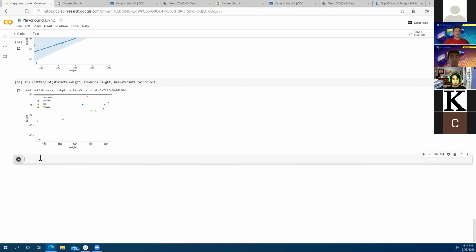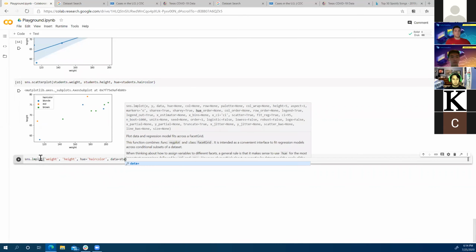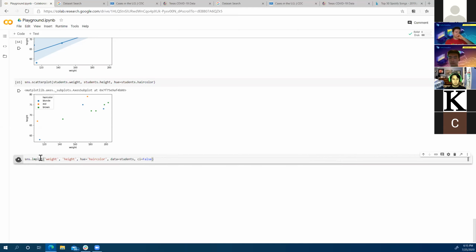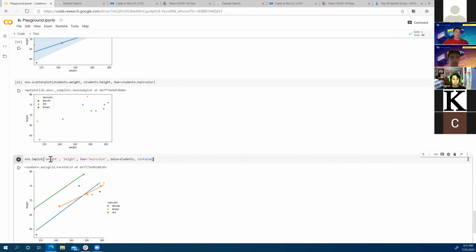And another way to use that type of information is to use this function. This is a combination of that reg plot and the scatter plot with the hue that we saw above. We can see here that we fed it the weight column and the height column.